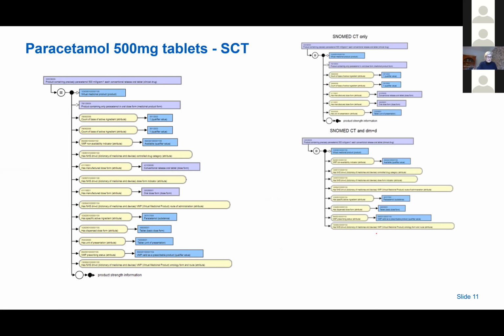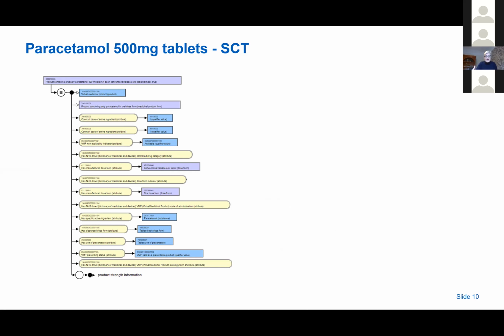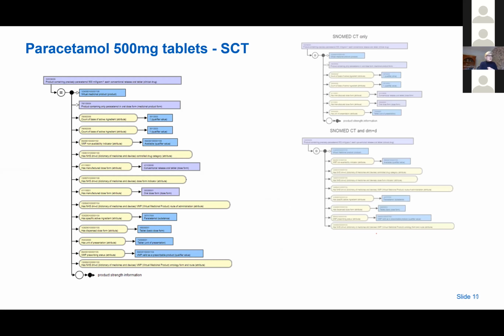And some of these appear duplicated, if you will, because we have a dispensed dose form. We also have a manufactured dose form. Now, the sources of this information are different, and they have slightly different editorial policies, which is why they both exist. And if we just go to the next slide,